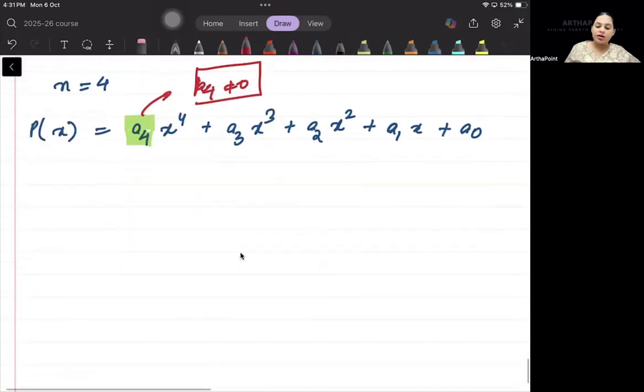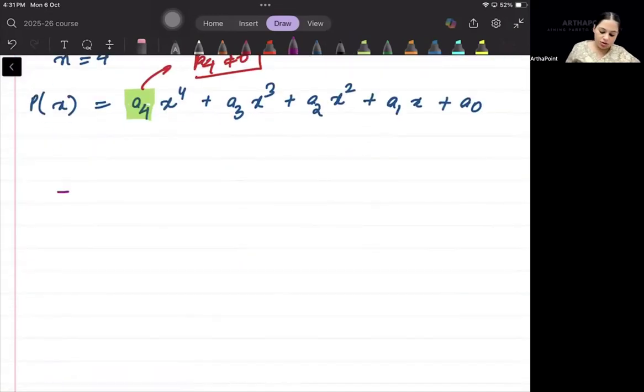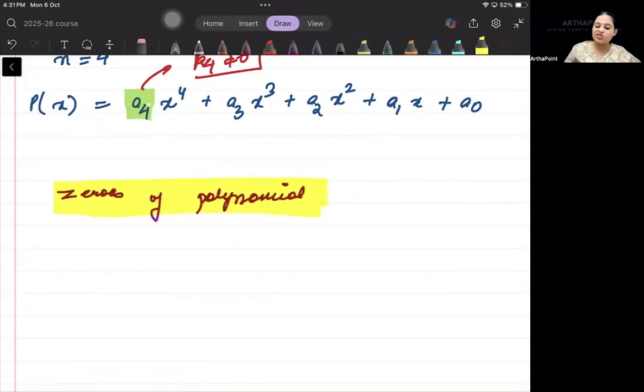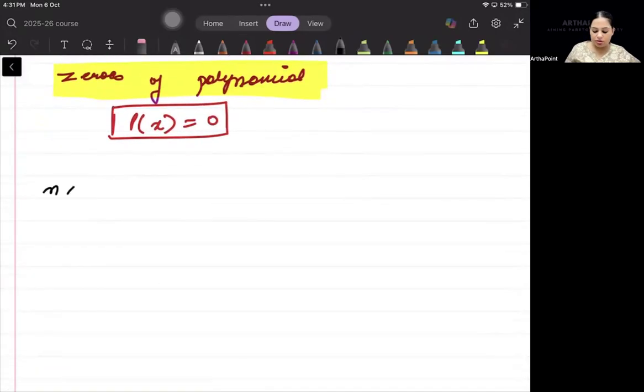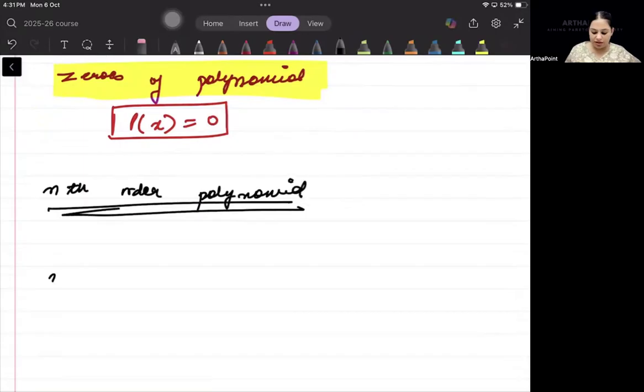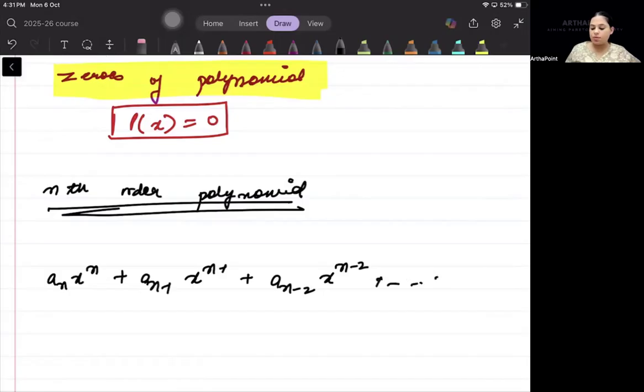Is that understood? Now, if I talk about the zeros of the polynomial, meaning the factors of the polynomial, what were the factors or zeros of a polynomial? Anything such that p(x) = 0. So if I want to solve an nth order polynomial and find its factors, it will be a_n x to the power n plus a_(n-1) x to the power n minus 1, plus a_(n-2) x to the power n minus 2, and so on, plus a naught,